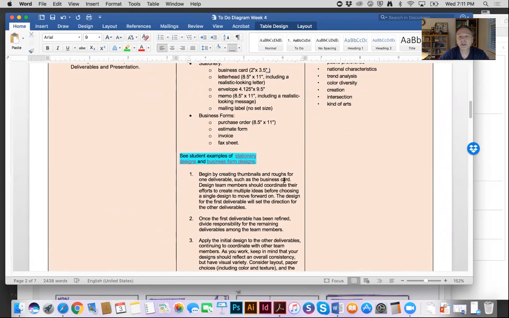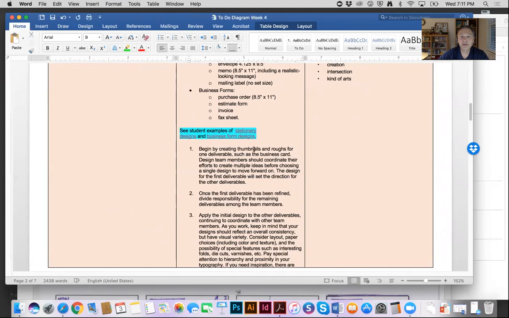It could be a little bit nicer than, say, the envelope, perhaps, but in terms of expense, whatnot. But yeah, design the business card, and then if you like that, everything for the other forms kind of goes off of that to some degree, although I do want variety and I need unity, but that gives you a starting reference point. So it says begin by creating thumbnails, and roughs are just higher level,